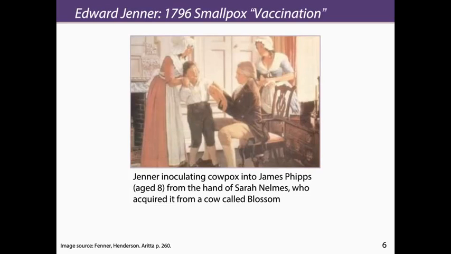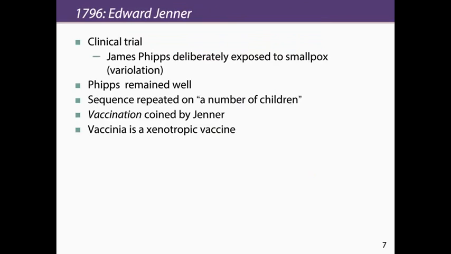This 8-year-old boy received cowpox on the arm, and the cowpox had been obtained from a milkmaid named Sarah Nelms. She acquired it from a cow named Blossom. Jenner subsequently deliberately exposed Phipps to smallpox through variolization, which takes the smallpox lesions from the individual who's affected and inoculating it into another arm. Phipps remained entirely well. He then repeated this process, as he quotes, on a number of children,